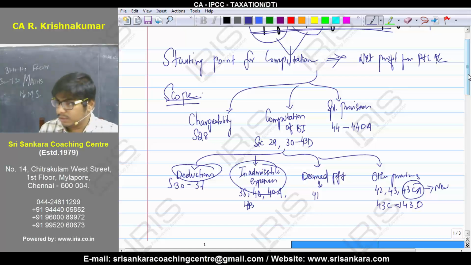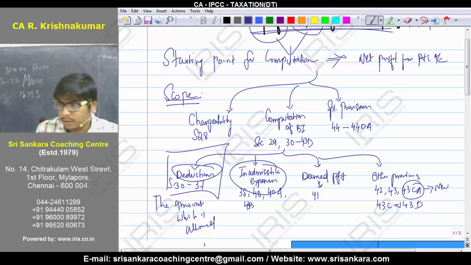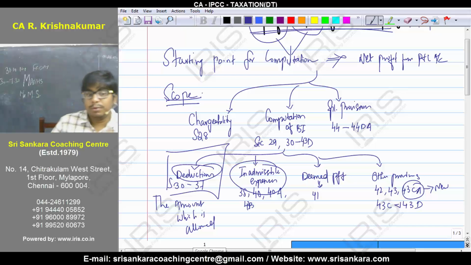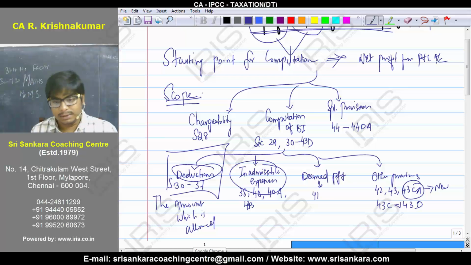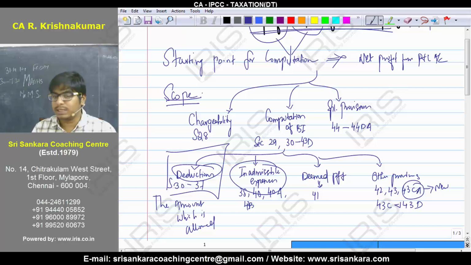So deductions means the amount which is allowed. What do you mean by allowing? In the P&L account it is already debited to repairs and maintenance, 500 rupees. The expenditure is already booked on the debit side of the P&L account. So, if it is an allowable expenditure, there will be no adjustment. You need not allow it once again. From net profit, that expenditure will actually already be allowed. So, no adjustment. You got it?